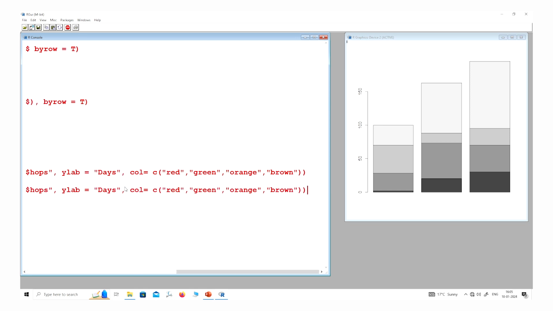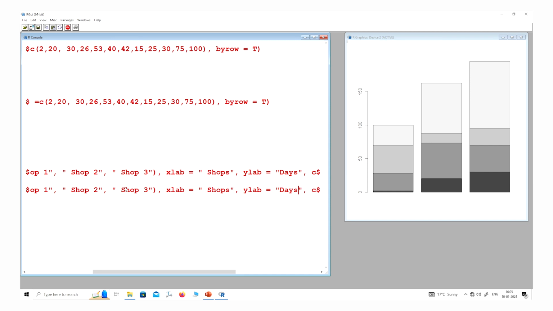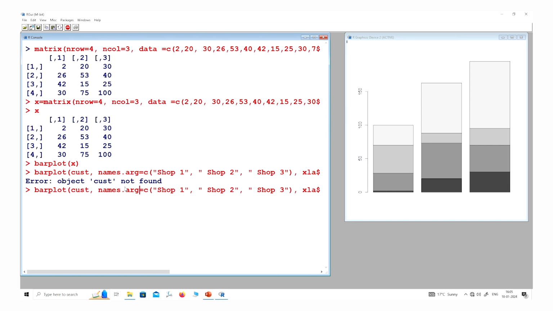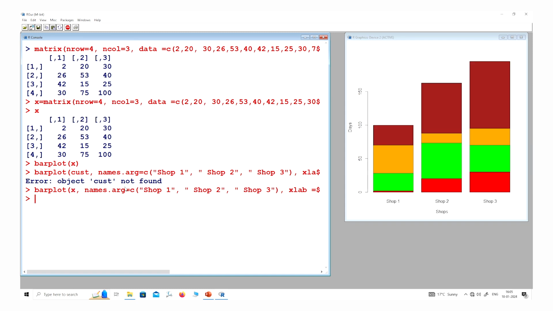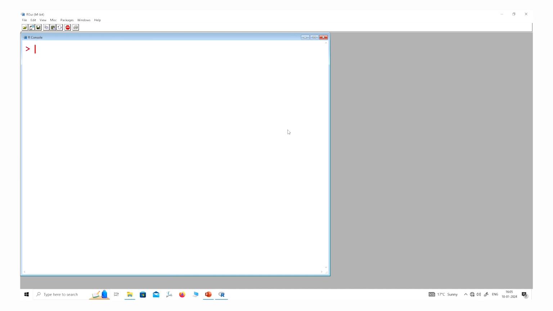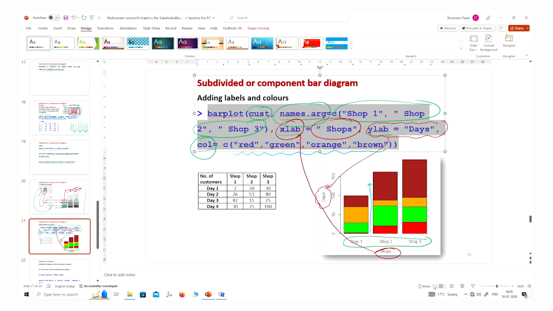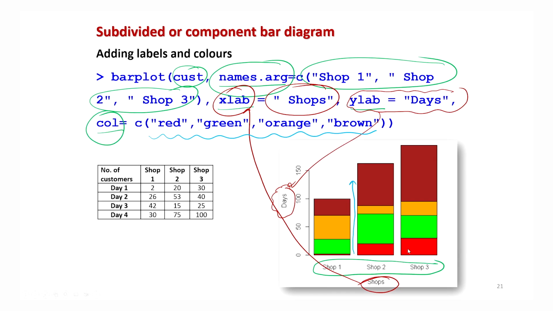Now I have taken the name of the variable as X, not cost. So let me take it here as X. You can see this is how it looks, right? So that is how you can create such graphics without any problem. So now I hope you have understood it. Now let me clear the window and let me give the last topic of this lecture.